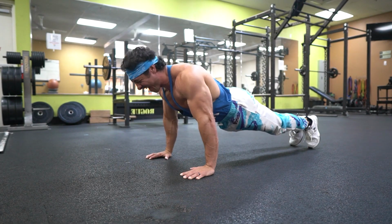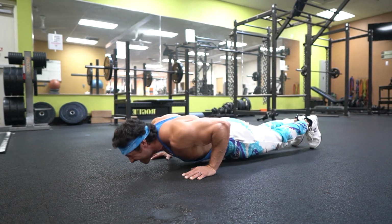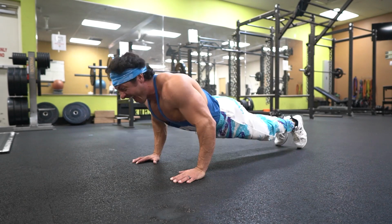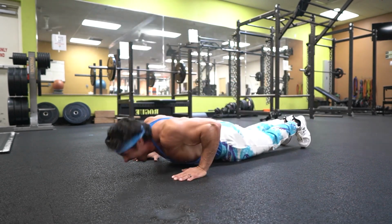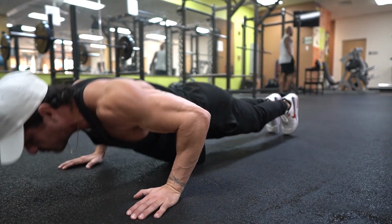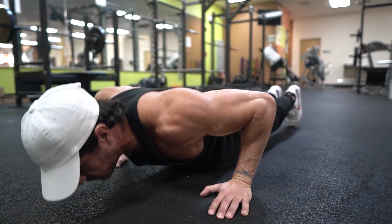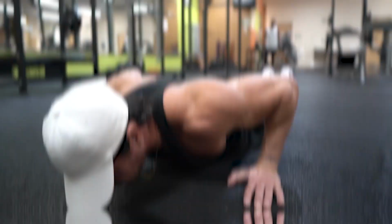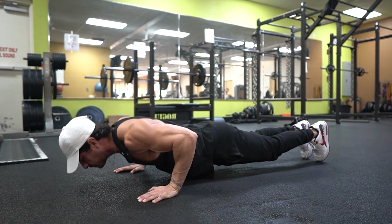The push-up is much like a bench press except that you're pushing your body away from the floor instead of lifting a weight away from your body. The problem arises as you get stronger. Eventually, you'll be able to do a ton of reps and struggle to fatigue the chest. That's why I recommend you perform the push-up with proper form, using a slow, controlled cadence until you're able to perform sets of 20. Once you can do 20 to 30 reps with relative ease, the push-up becomes far less